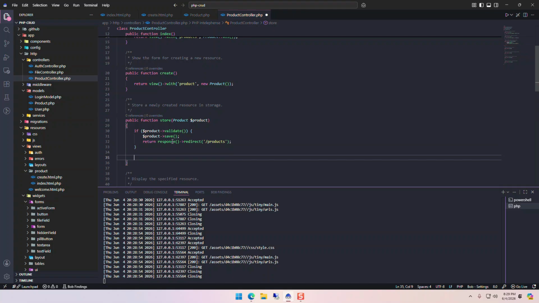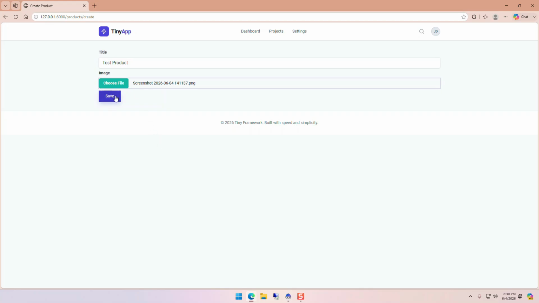If the product isn't valid, we are going to return view with product $product, and this takes care of showing any errors on validating the product for us. So if I click save,